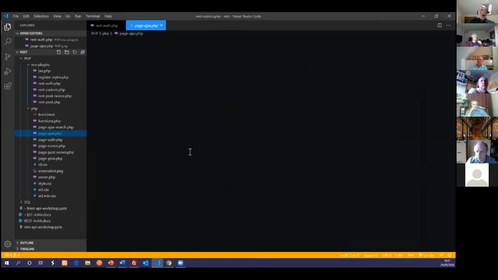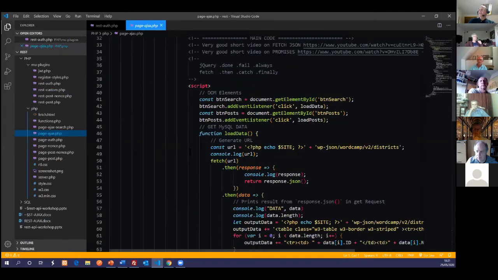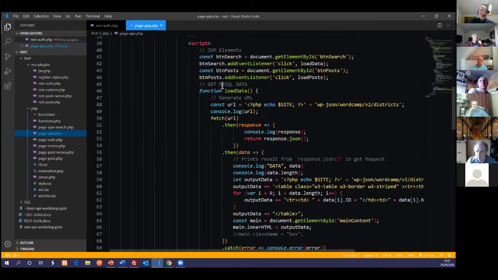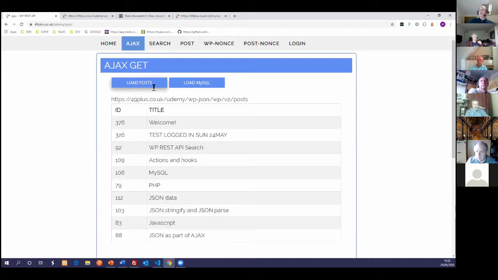And all we really need to see is I'm doing the standard JavaScript, clicking a button, loading in some data. And I'm going to explain the fetch URL and how all that works. But just to show what we can do, if we go to load posts, I'm going to the so-called hello world. This is the hello world of the REST API. And I'm just spitting out the ID and the title. If I go to the dev console, F12,